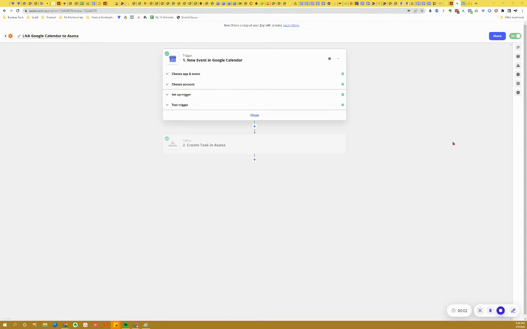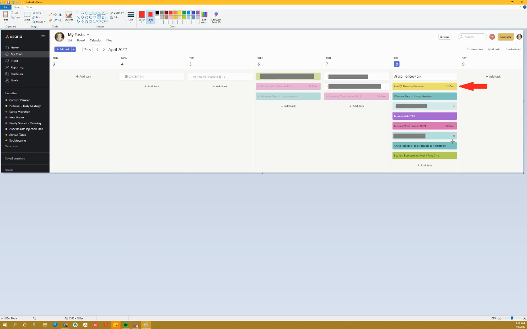Hey, Ninja. As I am working towards optimizing and streamlining my own Asana, if you're not familiar with Asana yet, check it out. It's a project and task management tool that I'm currently using for most of my projects and tasks. It's just where I keep track of all my workflows, and I create templates. So if I have repeating tasks or repeating projects, I try to create a template for it so that the next time I do it, I can just duplicate that and I'm not staring at a